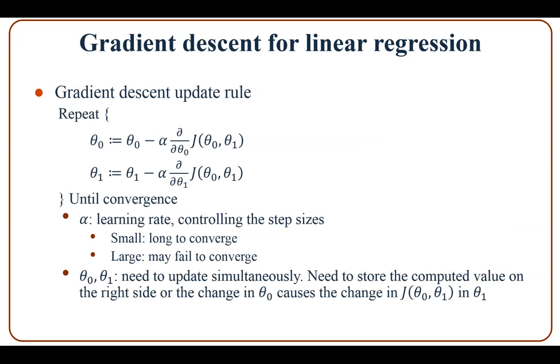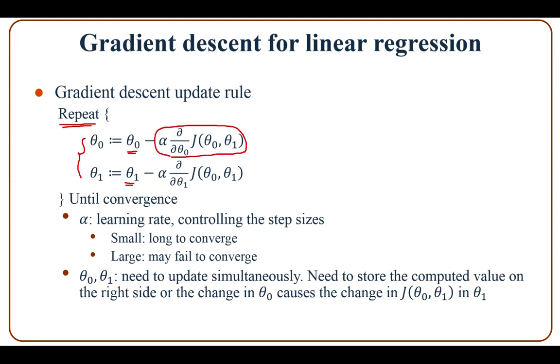somewhere here. Now for this case, we look at the gradient descent update rule again, and now we repeat, and in each iteration we do this for both theta naught and theta 1. So previously we repeated this for just theta 1, and now we have both theta naught and theta 1. We adjust theta naught and theta 1 iteratively, and in each iteration we subtract from theta naught that much, which is alpha